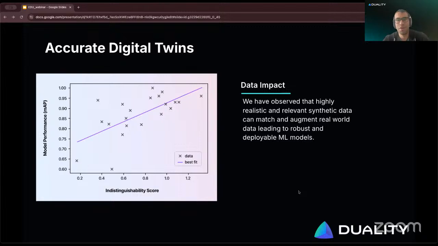So, diving into indistinguishability: what does it mean for our main goal, which is to make machine learning models that perform very well and work really well when deployed on real world data? What we've done is keep track of the different digital twins and different use cases that we worked on